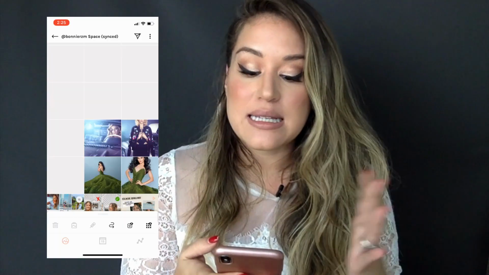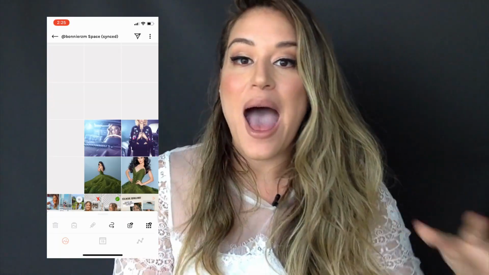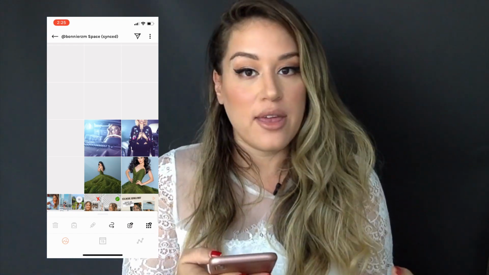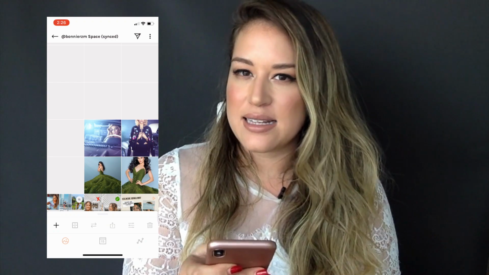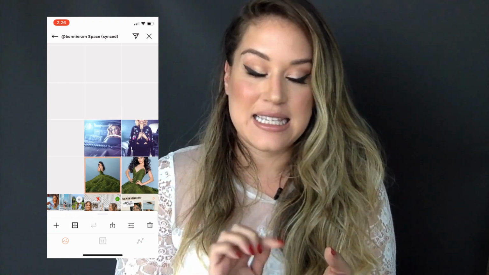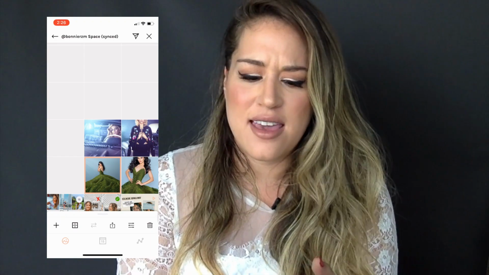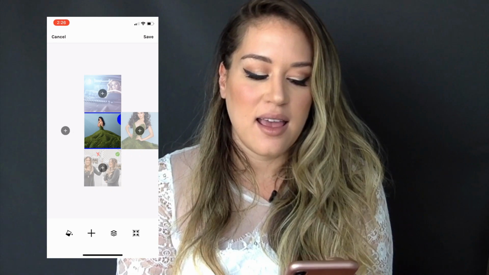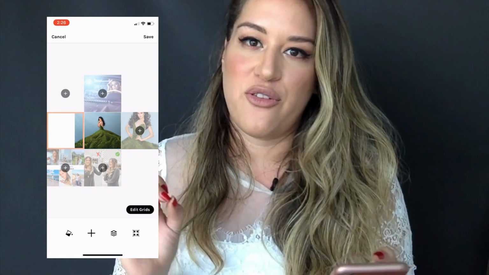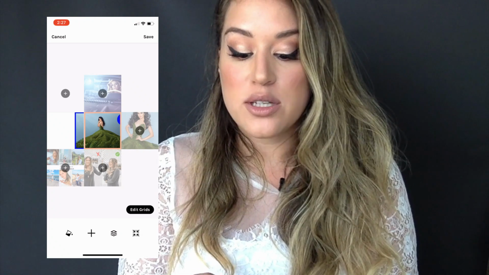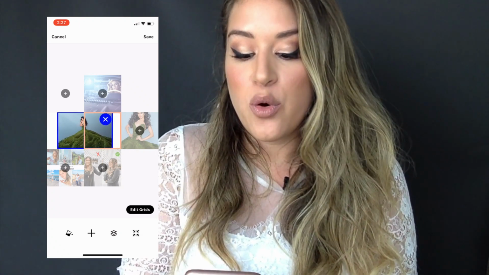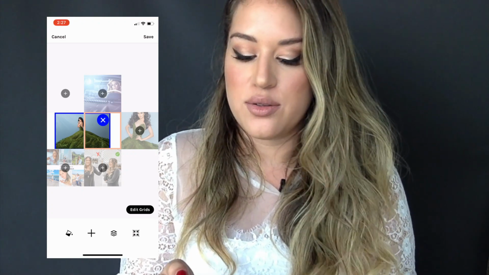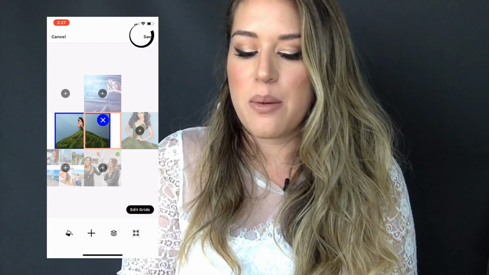I'm gonna show you. So let's say that I really like these 4 photos, but I would like my Instagram to look a little bit more like a magazine. So one thing I can do is select a horizontal photo, click the second icon, and I'm gonna have this weird option. I'm gonna select a new space, and you see, it will divide your photo in 2. So if we hold the photo and move it, you can actually make it 2 photos. I think this looks very cool, so I'm gonna hit save.